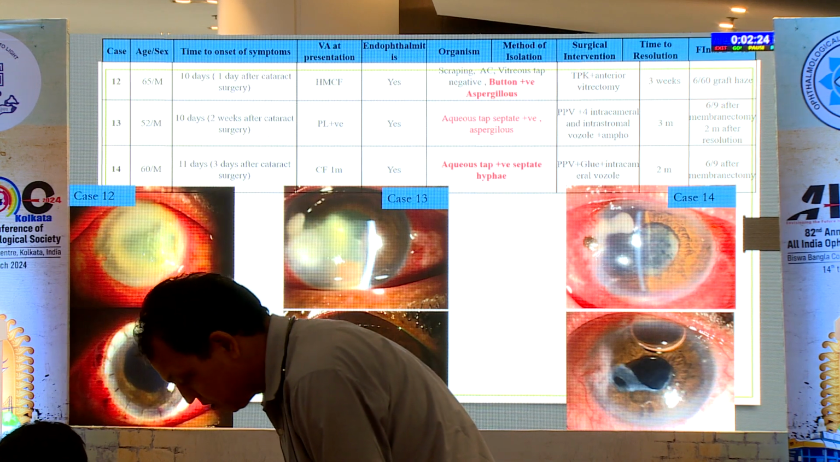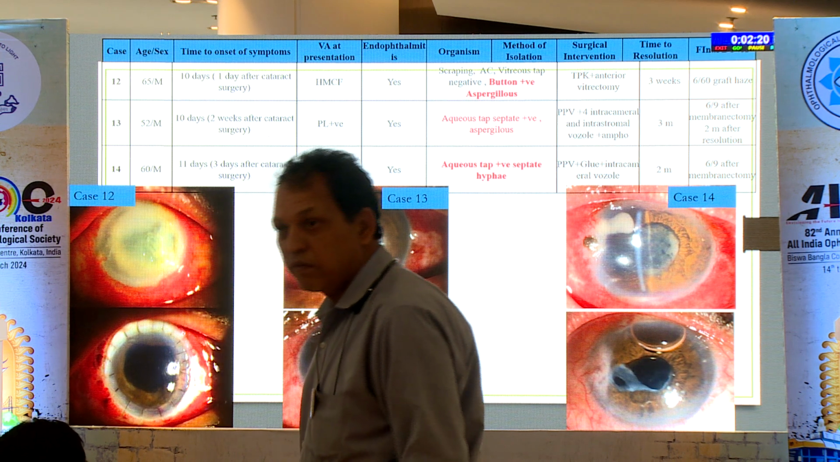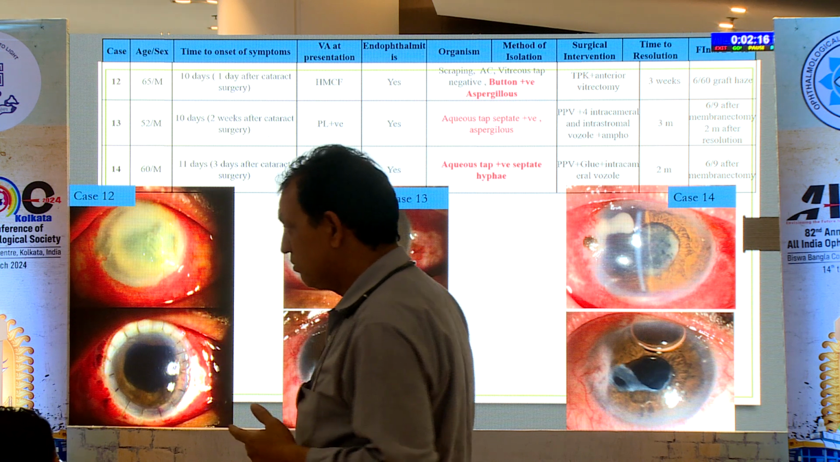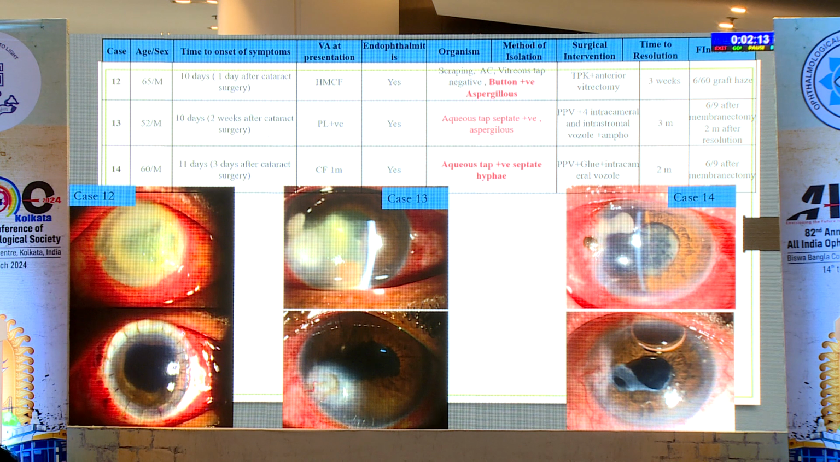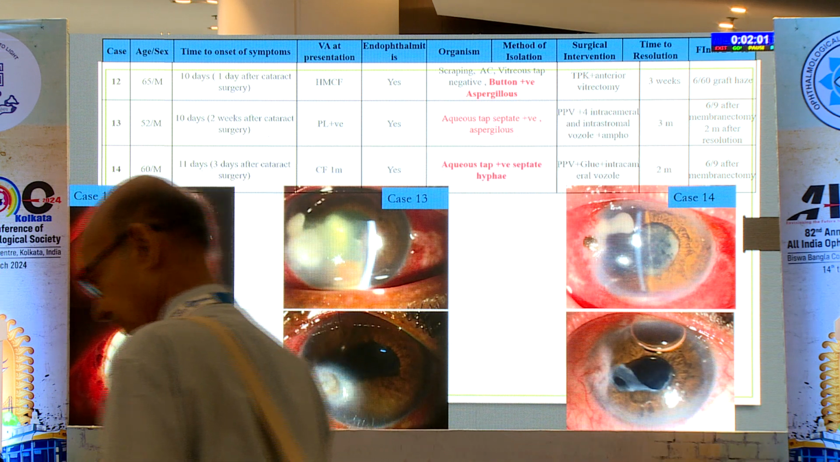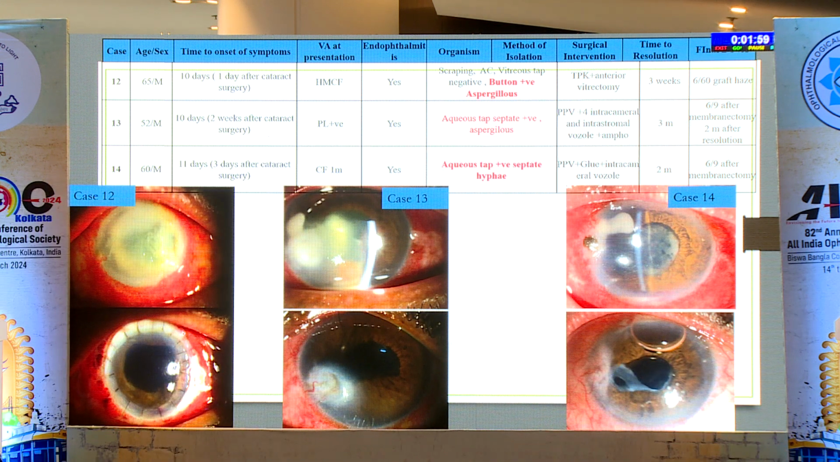I would describe cases 13 and 14, in which there was hypopyon and intracameral exudates. It was a fungal ball in the AC. Both these patients resolved with repeated intracameral intrastromal injections. And finally, there was a membrane at the level of the IOL. After the resolution of the corneal infiltrates, a membranectomy was performed, and both these patients regained vision of 6/9